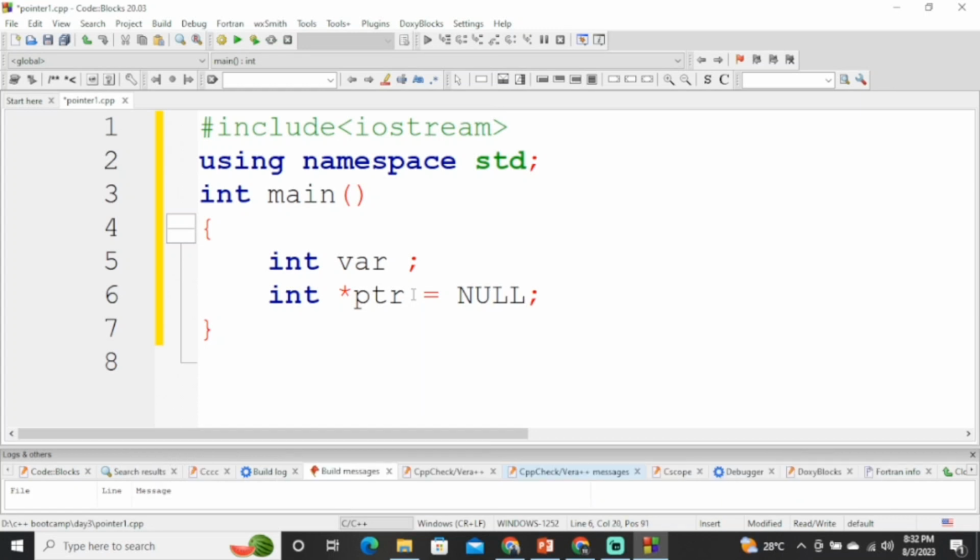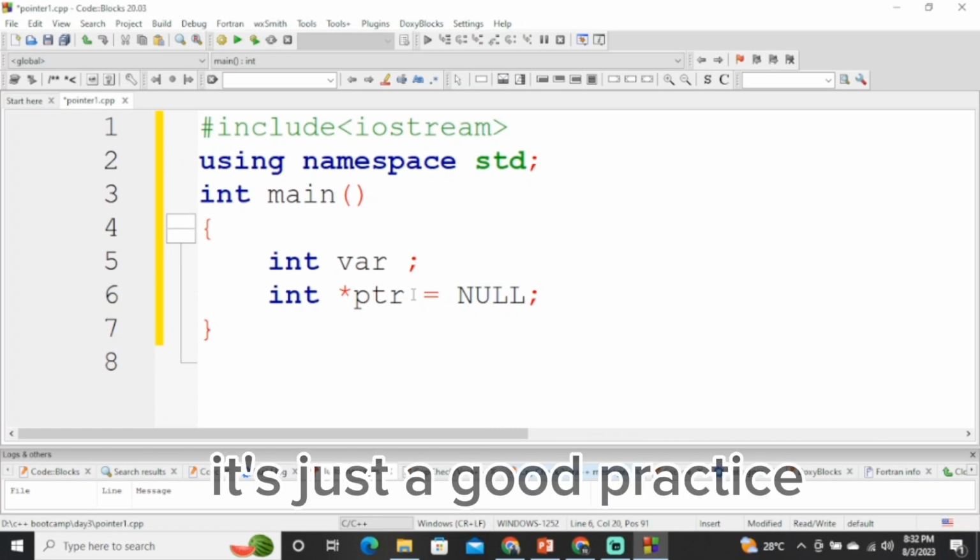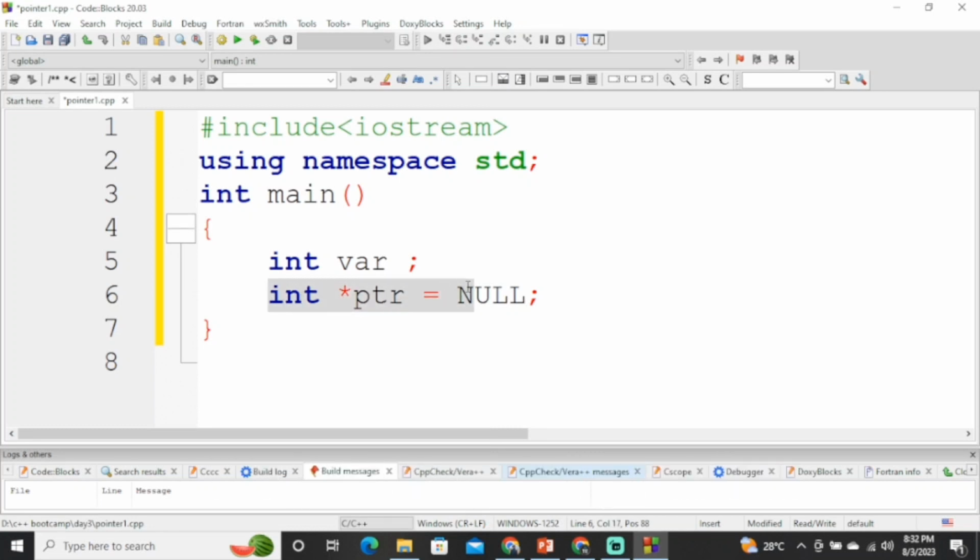Always, the reason for it is that you do not want any kind of memory disturbance. So whenever you declare a new pointer, point it towards null, so there is no issue or problem you may face. Okay, so now let's see how we point the pointer to the address of this